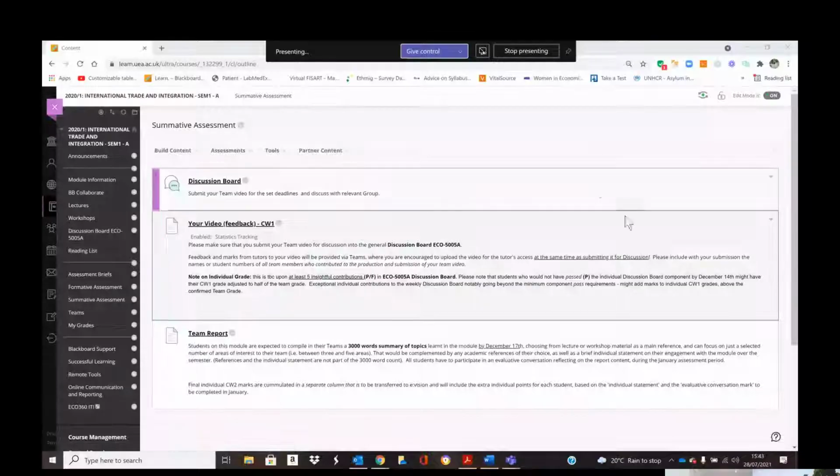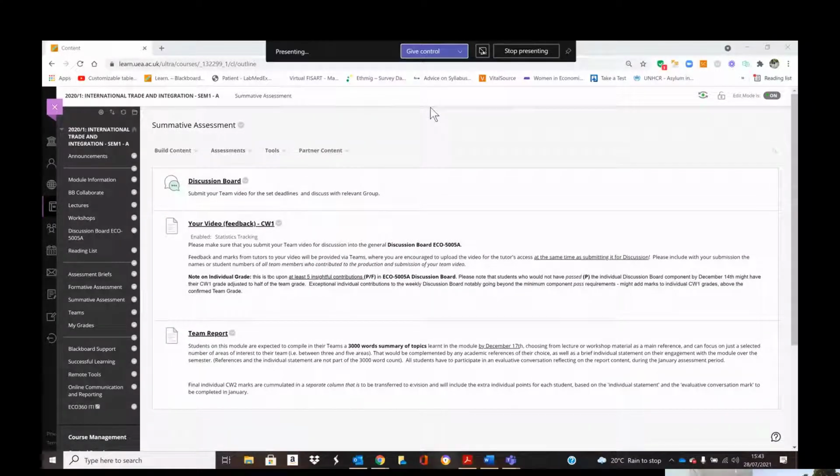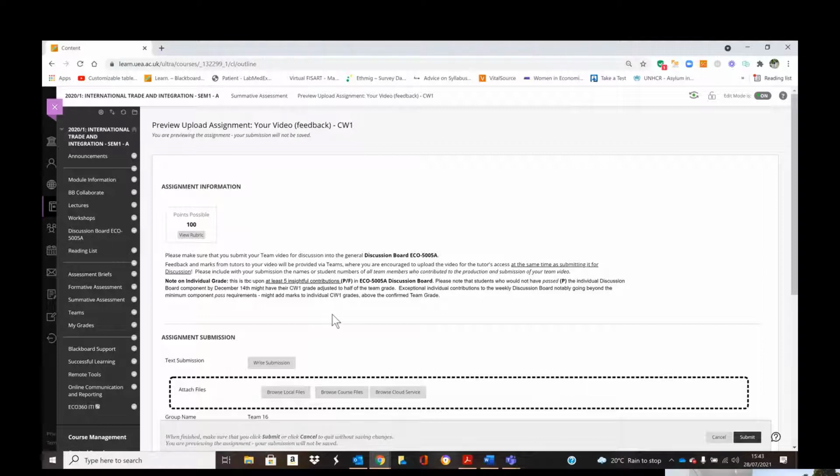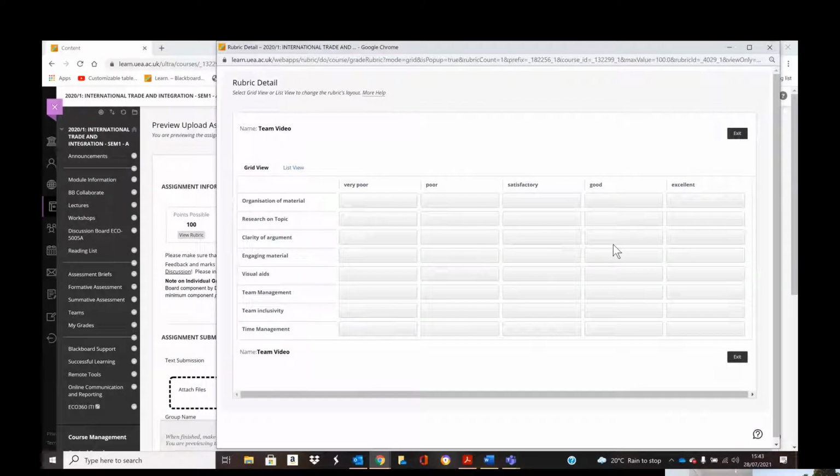Just to give you a brief flavor on that one, I will just show a little bit on my screen how everything looked like at the time. So here is how the model has been set up, and as a summative assessment, we had essentially a portfolio where students had to submit a video as a group. So this can be set up nicely within your Blackboard facilities, and you can create as well nice rubrics for